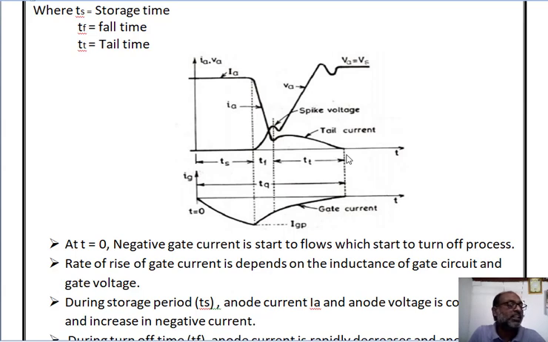Now let us see the disadvantages. First, the values of latching current and holding current are very high. Second, on-state voltage drop and losses are very high. Third, due to the multi-cathode structure, the gate triggering current is very high. Due to this, power loss is increased due to the drive circuit. That means higher power loss due to the drive circuit.